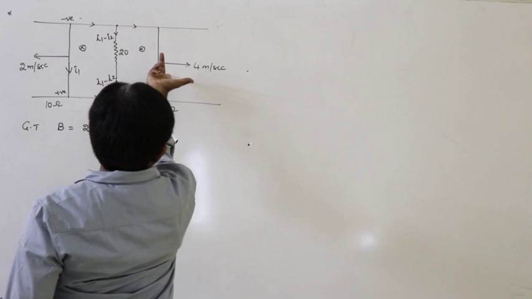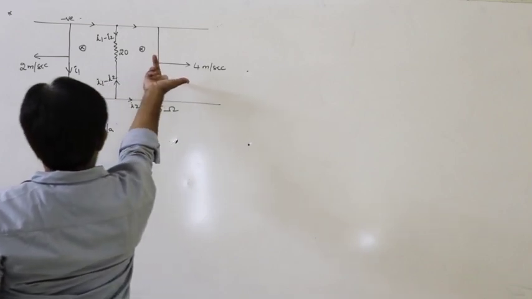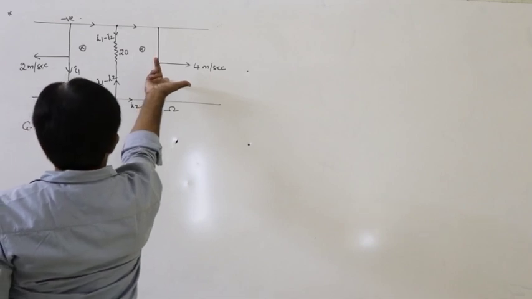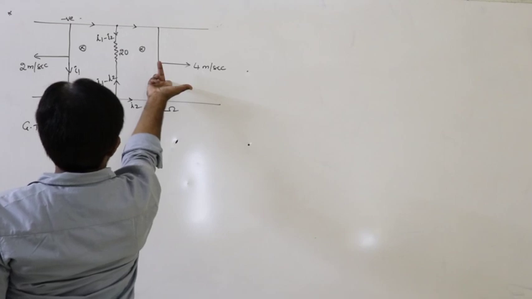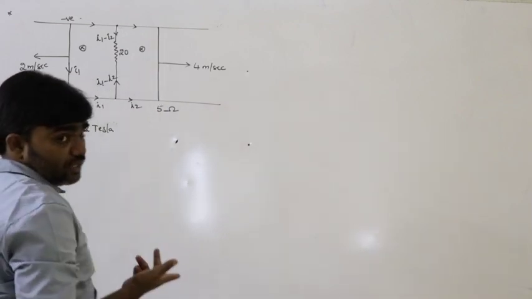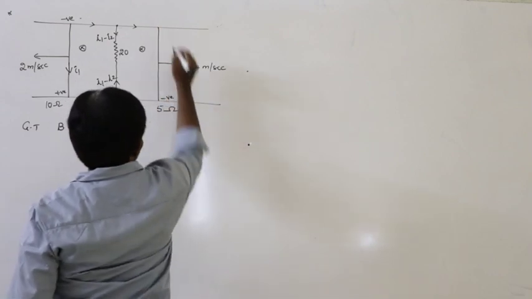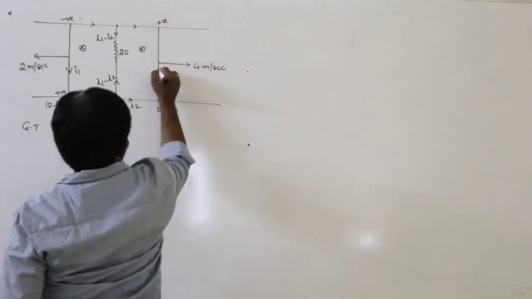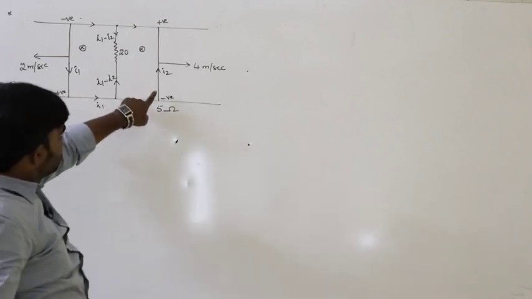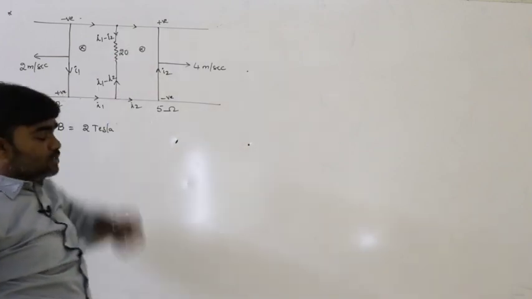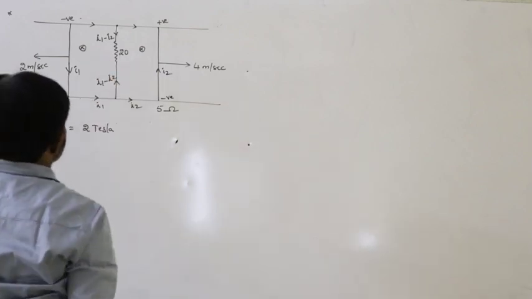So this is the direction of the current carrying conductor. Forefinger indicates the direction of the magnetic field, thumb indicates the direction of motion of the conductor, central finger indicates the direction of induced current. This is negative and this is positive, and this is I2. So inside the conductor the current passes from negative terminal to positive terminal. So this is the situation.